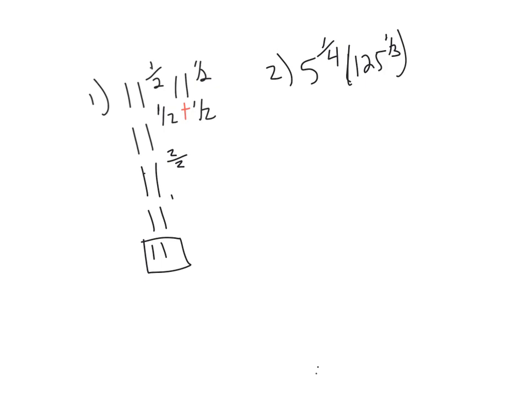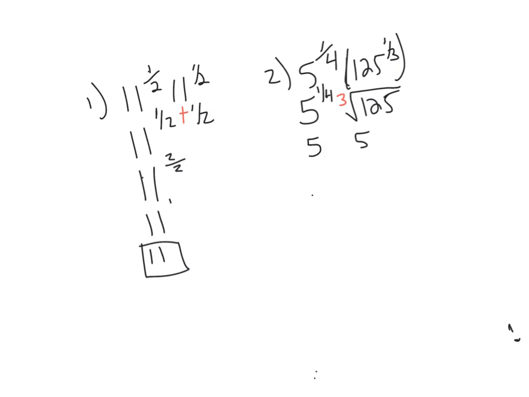So why don't we look at 125 though. That's kind of large, and I'm raising it to the 1/3 power. So let's see, is there a different way I could write that? Okay, and there is. As we talked about with roots, a denominator is actually the root part. So this is really the same thing as saying the cube root of 125. What is the cube root of 125? That's a perfect cube. The cube root of 125 is 5. So really here we have 5 to the 1/4